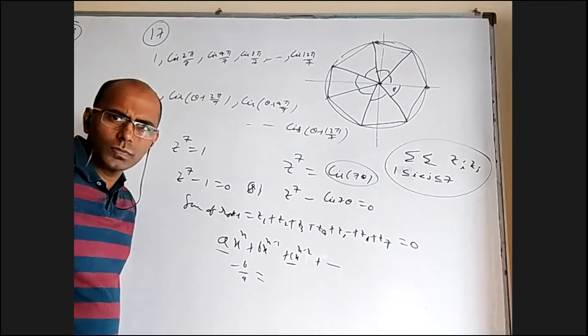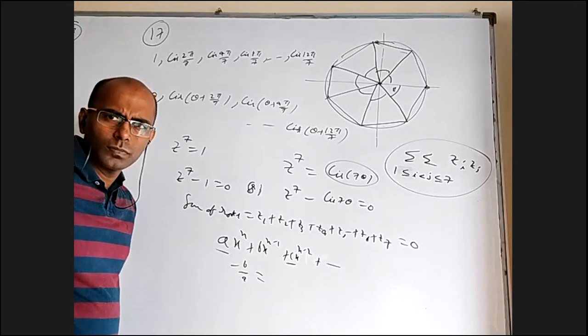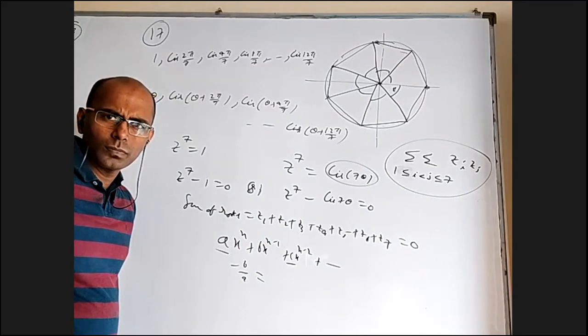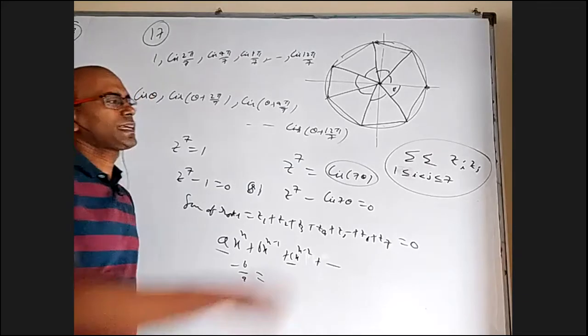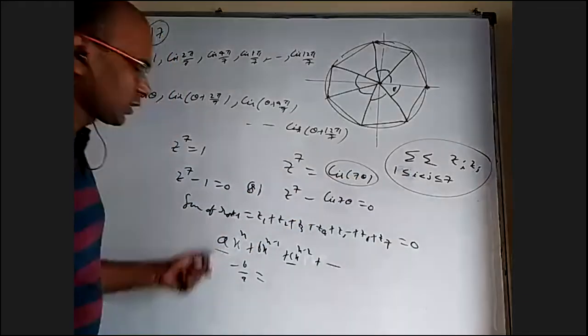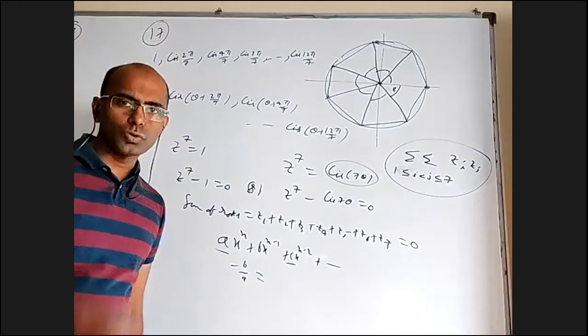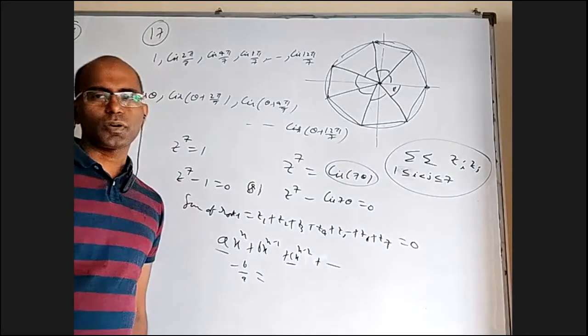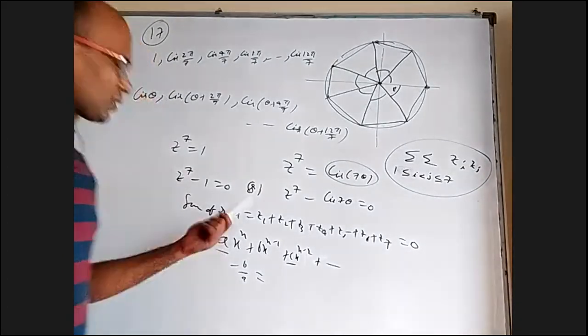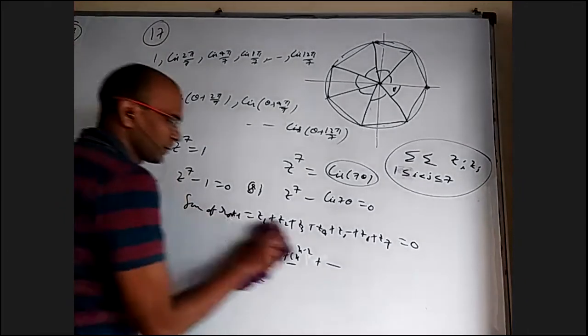Nobody remembers? Sum of the product of the roots. Yeah, exactly what we want. You take product of two roots plus product of two roots plus product of two roots. All kinds of products of two roots, their sum. And that is also missing, so directly it is 0. That's it.